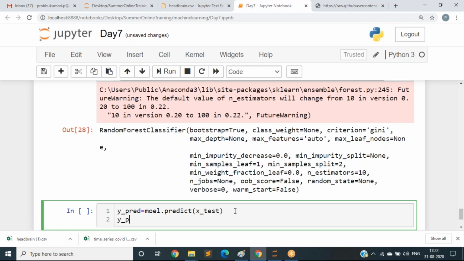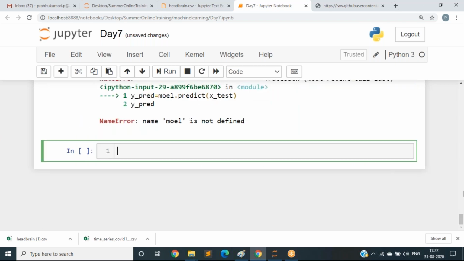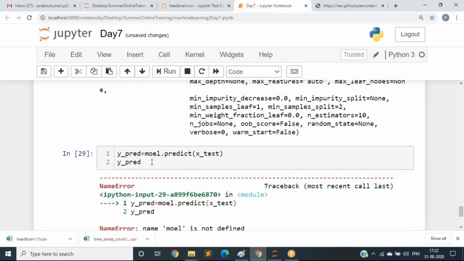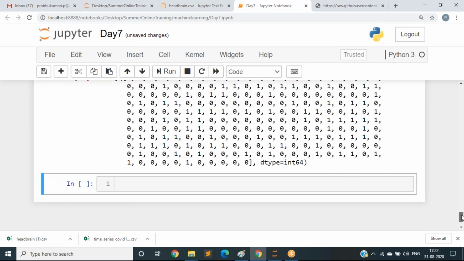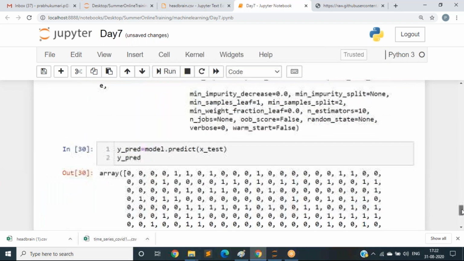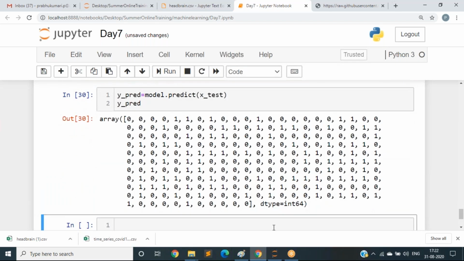Okay, let us see the values here. Model spelling wrong. It is predicting the values here. Now let us calculate the accuracy. I think Sar has already told you about the confusion matrix.